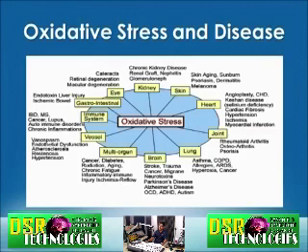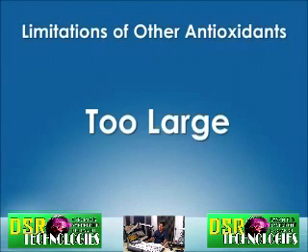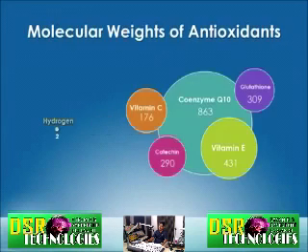So if oxidative stress is the fundamental cause of most diseases, then what can we do to stop it? We need to take antioxidants, like I mentioned before. However, there are many limitations to the antioxidants that are usually available to us. One of the biggest limitations of other antioxidants is that they are too large, meaning that they can't get to where the free radicals are formed, which is inside the mitochondria, like I showed you before. They need to quench the free radicals at the source before they get to damage the outside of the mitochondria and the cell. But most antioxidants are much too large to do that.